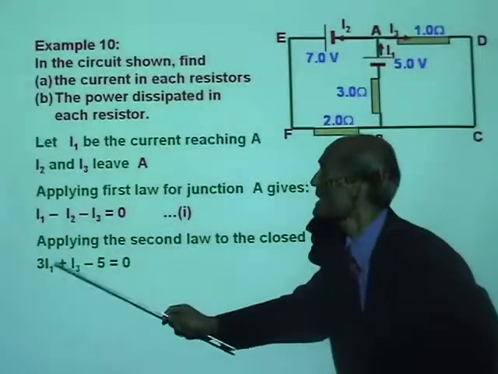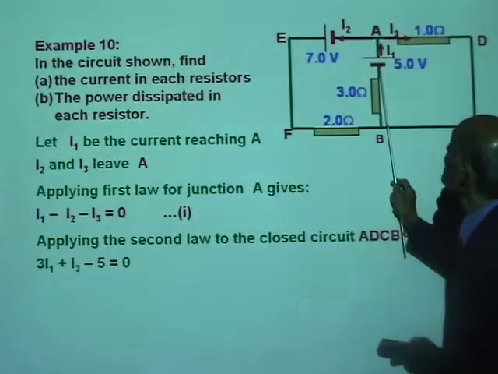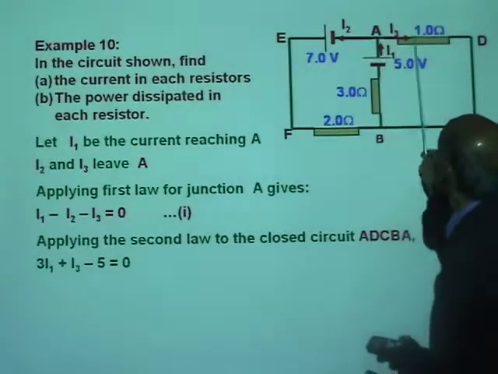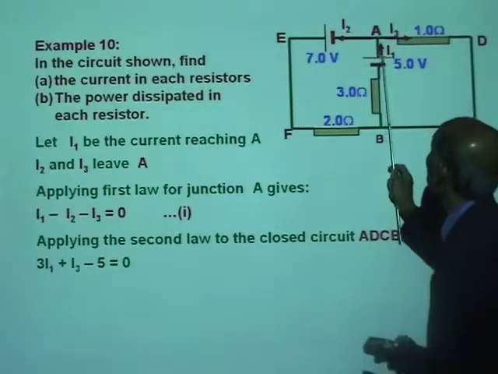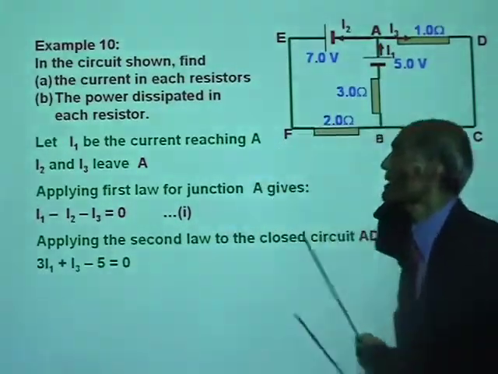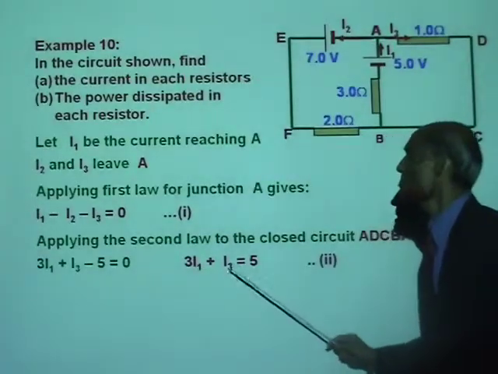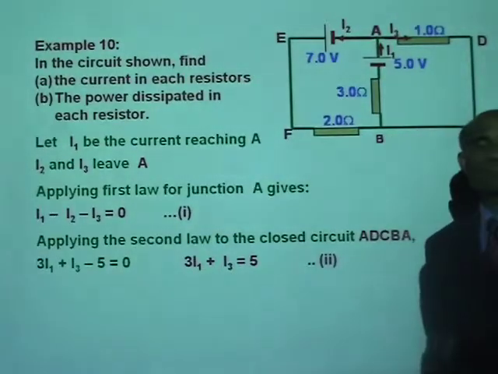So that will be 3 I1 plus 1 I3 minus 5. You see, the loop is traced out from negative to positive. So 3 I1 plus I3 minus 5 equal to 0, which is 3 I1 plus I3 equal to 5,